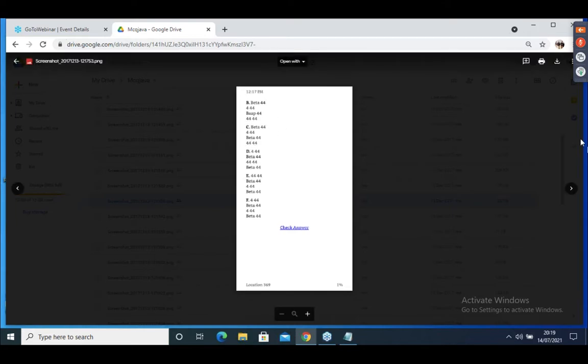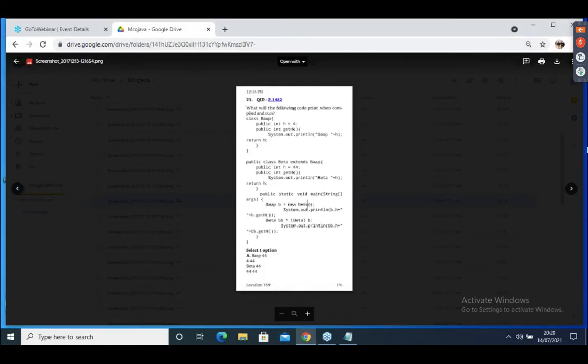So C is the answer. Which is the answer? C is the answer. Beta 44, 444, Beta 44, 44, 44. Clear? Because in the method, what happens means here, first the method is going to execute. Observe. Let's come to here. What happened here? Listen to me.